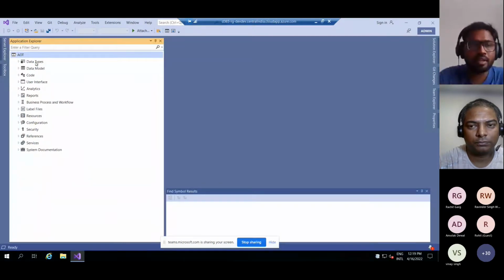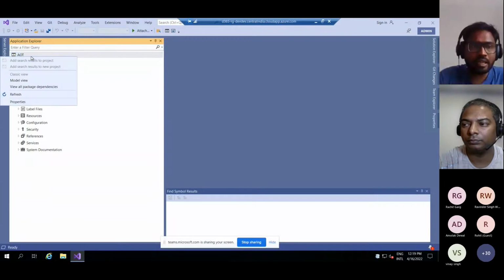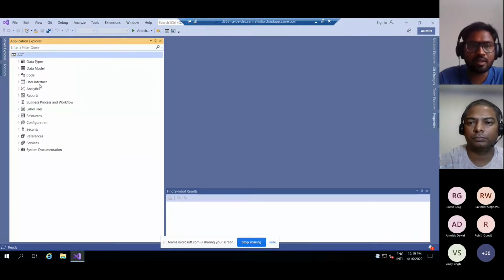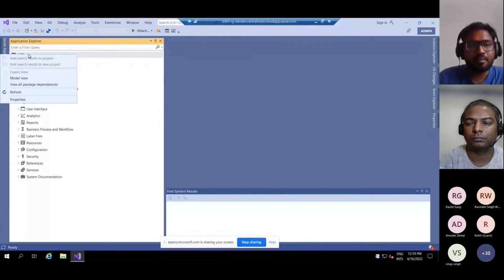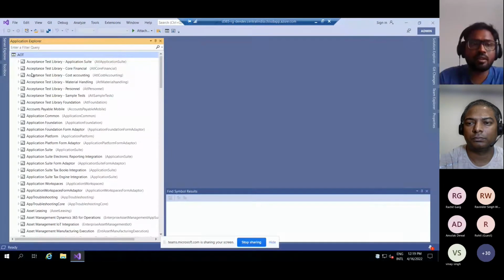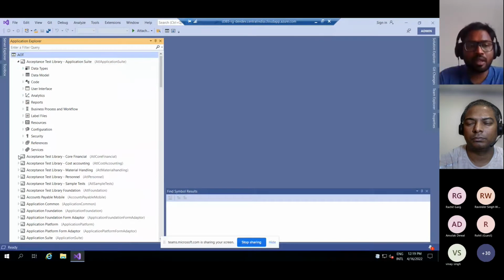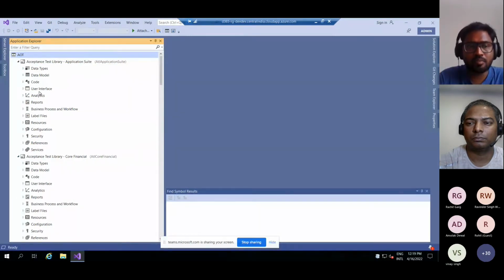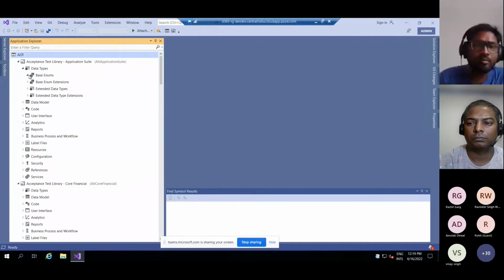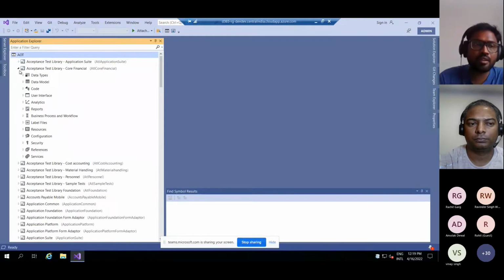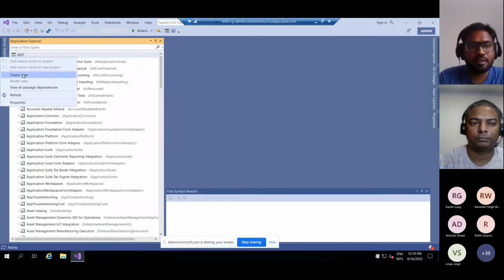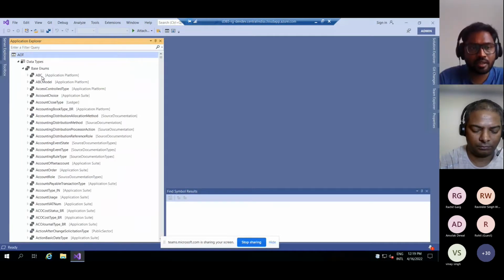Like we saw, the categorization is now based on the classic view, right? This is how we can switch the views. When we say classic view, it is organized based on the object types, right? So data types, and under data types you have enums and EDTs. But when we say model view, it is going to show everything based on the model. Each and every model will have a similar structure, and each model is again grouped by object types. Right, this is the first thing we've seen. And the next one is, if I go to the classic view again, and pick any enum,